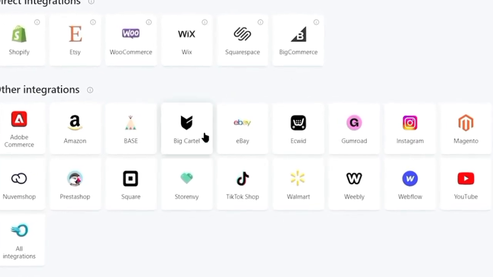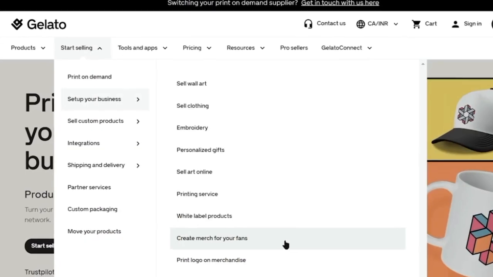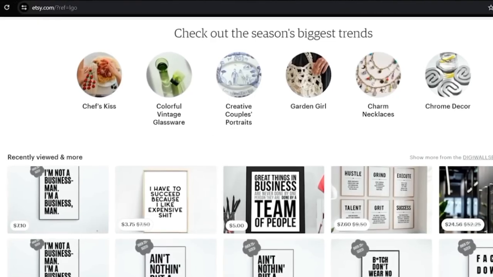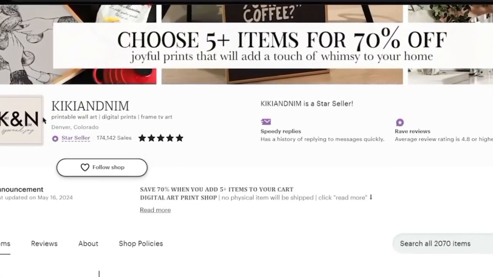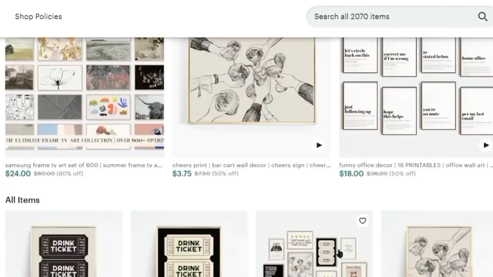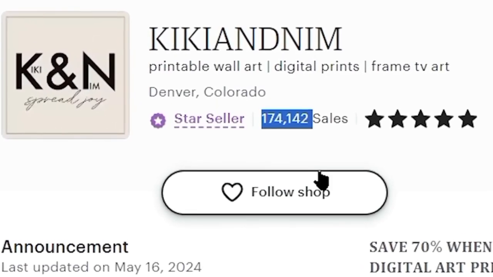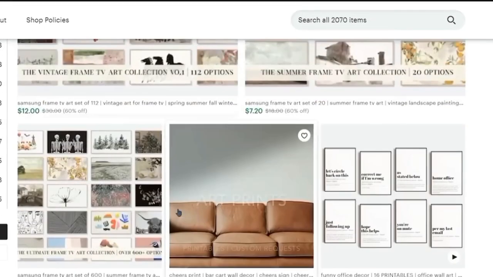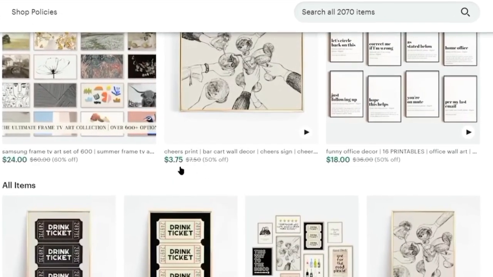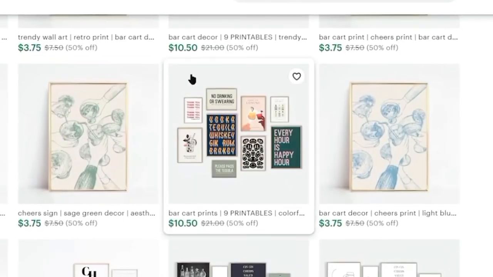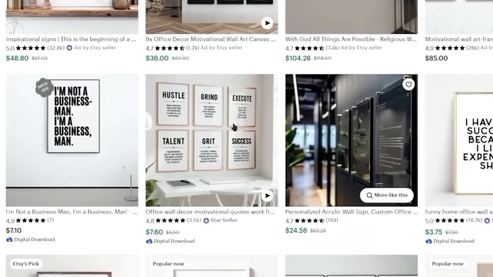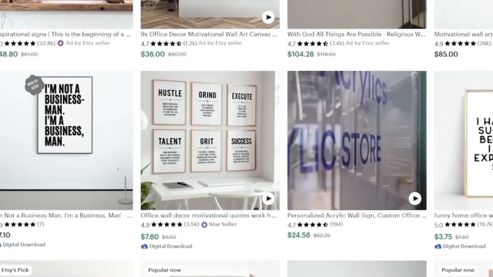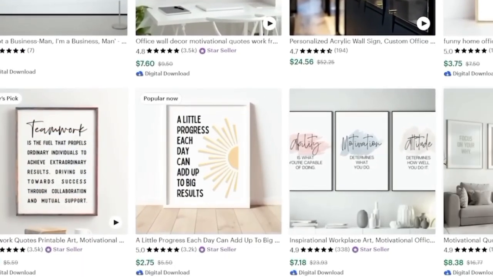For now, we're going with Gelato because it's free to use. You can create an account on Gelato for free, and their interface is very simple and easy to use, even for beginners like us. All you have to do is choose from a variety of products, including t-shirts, hoodies, mugs, posters, and canvases, that you can upload designs to, such as images, texts, drawings, etc., and then list your products on various e-commerce platforms like Etsy, Wix, WooCommerce, eBay, etc. Gelato will fulfill orders placed on these platforms, and you will receive the profit from the sale.